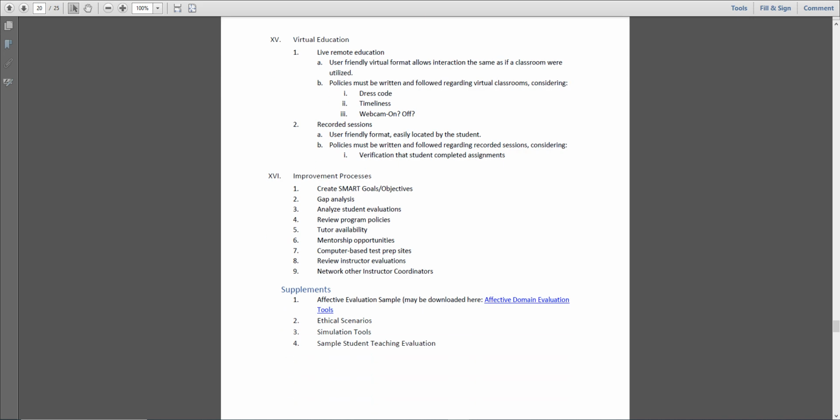These improvement processes are about creating SMART goals, doing a gap analysis, looking at your student evaluations critically, reviewing your program policies, finding tutors, right? Do you have tutors available for your students? Because not every instructor can be available all the time. Do you have mentorship opportunities, computer-based testing sites or prep sites,